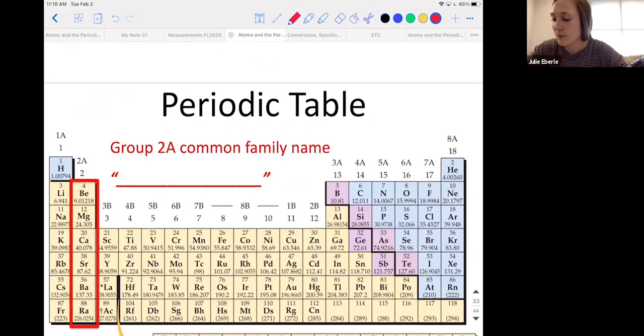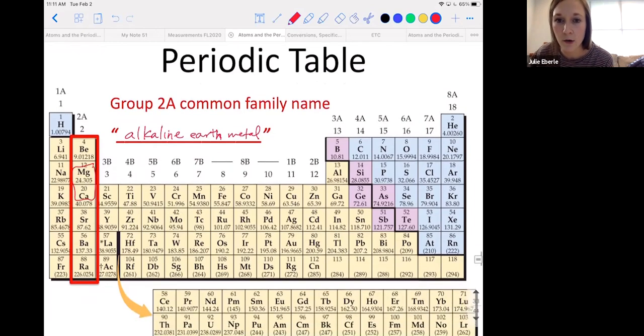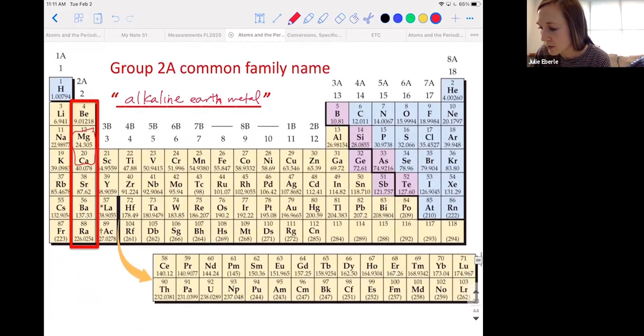All right, main group 2. The name here is very similar, okay, but don't get it confused. It is alkaline, L-I-N-E, earth metal. All right, alkaline earth metal. So here we have beryllium, magnesium, calcium. You're probably very familiar with magnesium and calcium, right? We need these things in our diet. I know when I was pregnant, I would take magnesium supplements. Some of you may take different supplements and vitamins. These are things we certainly need in our bodies.